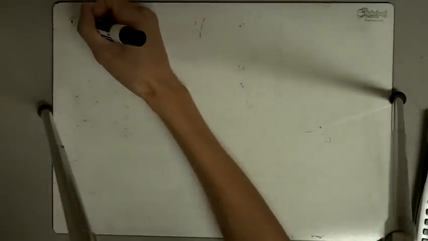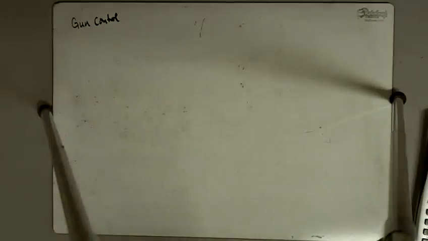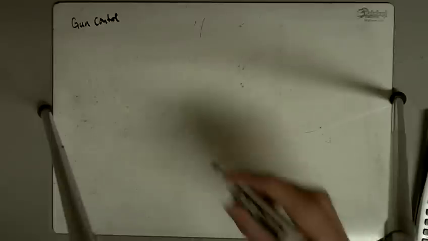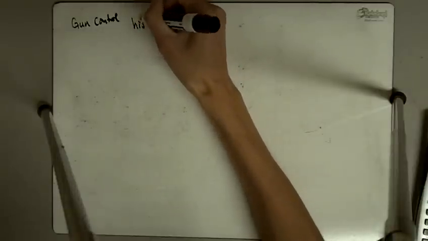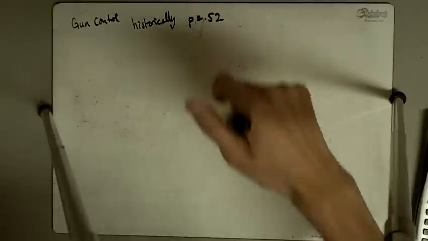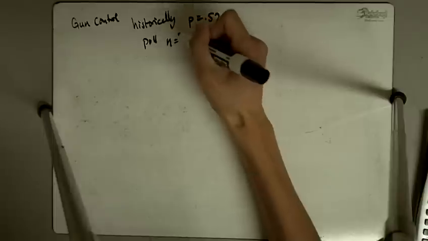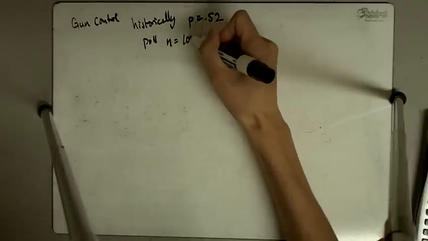Alright, so in this problem we are looking at gun control, and it says that historically the percentage of US residents who support stricter gun control laws has been 52%. A recent Gallup poll of 1,011 people showed 495 in favor of stricter gun control. So historically, p is equal to 0.52, and in our poll we had a total of 1,011 people,